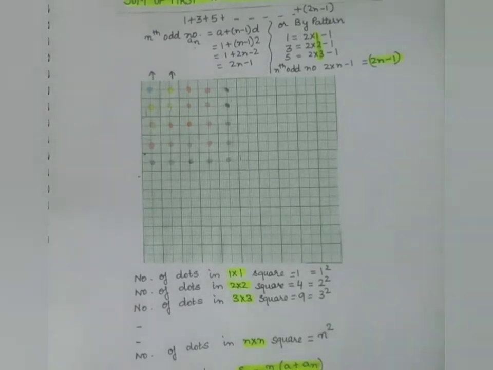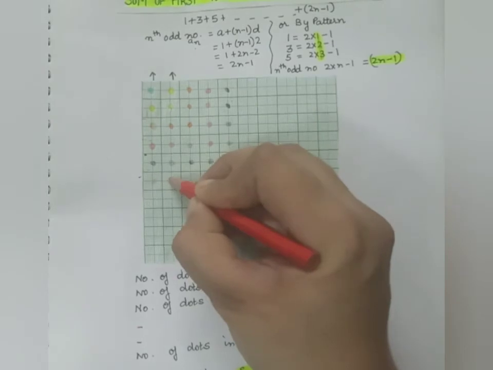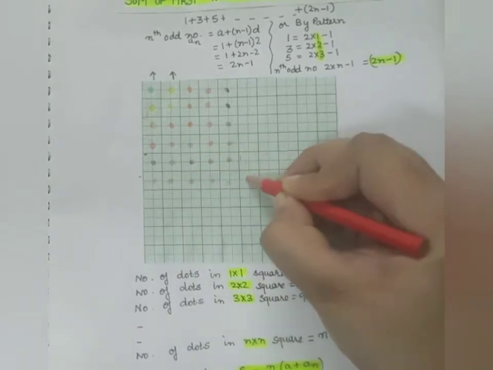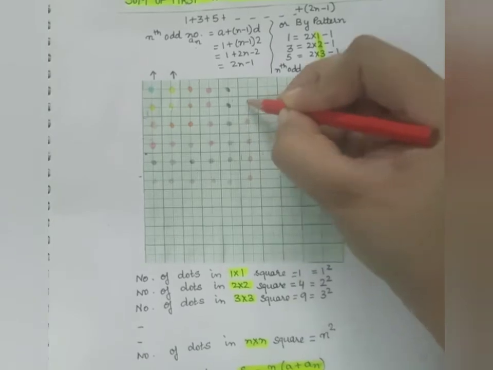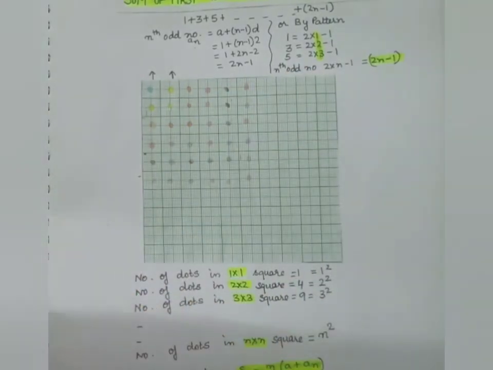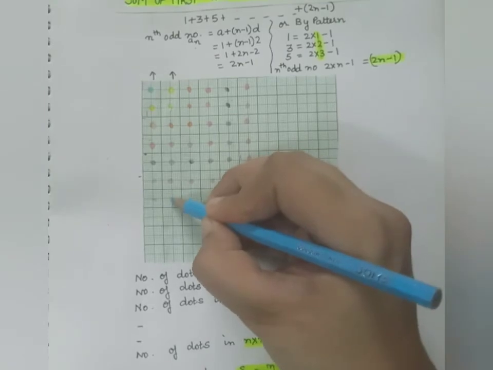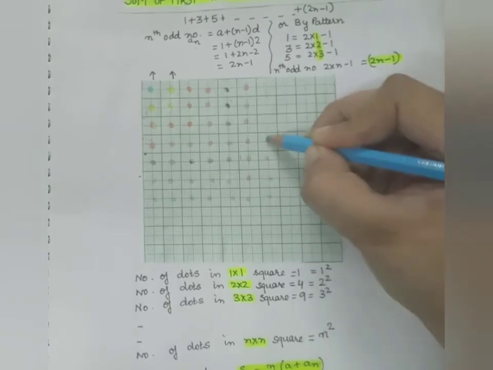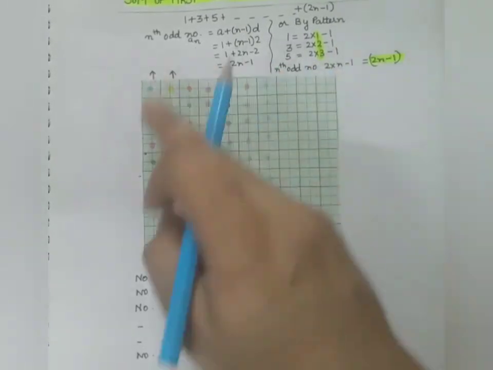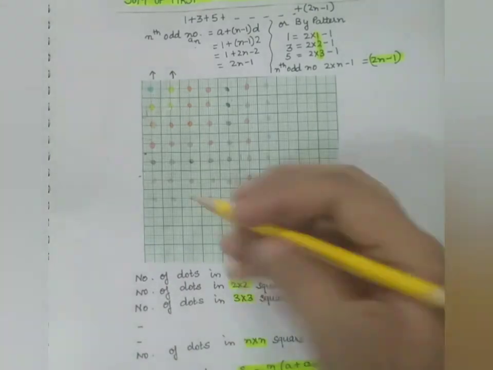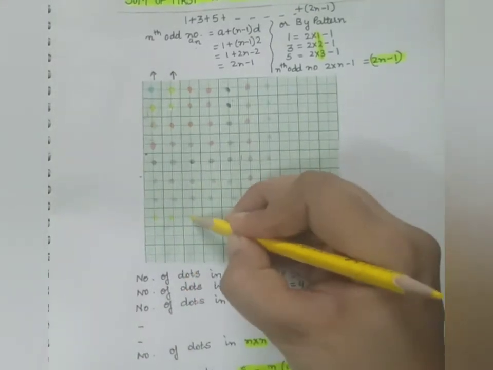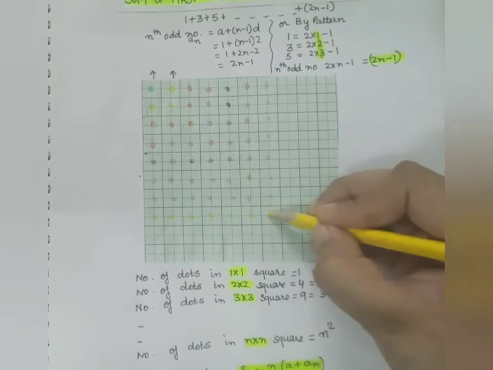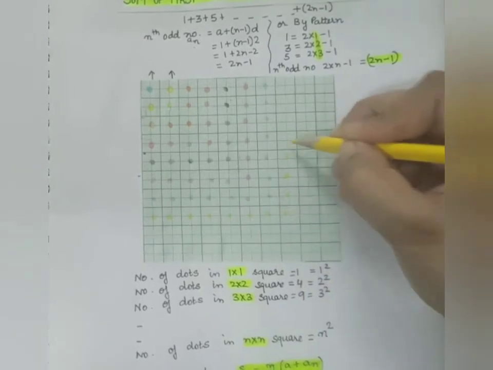So here we have the result, that on observing this pattern and completing this grid, you can further complete this grid by marking all the dots with different colors and generalizing and counting the odd numbers that you are adding again and again, that the sum of first n odd numbers is nothing but n square. So if you are adding like this in this 10 into 10 grid, for the sum of the first 10 odd numbers, you will get 10 square, and that means 100 dots.